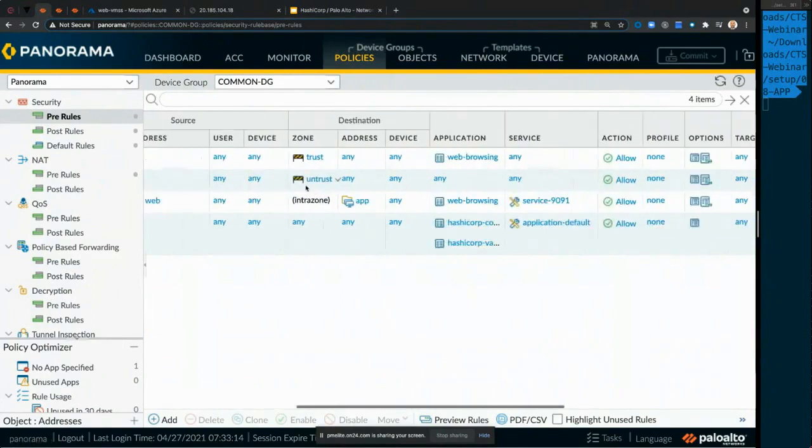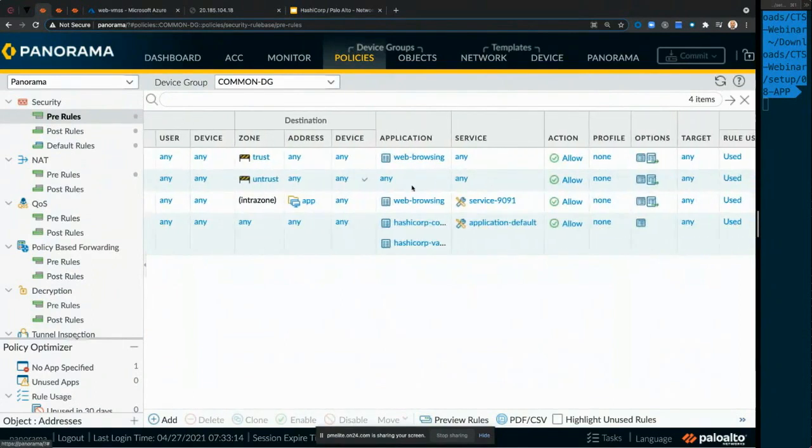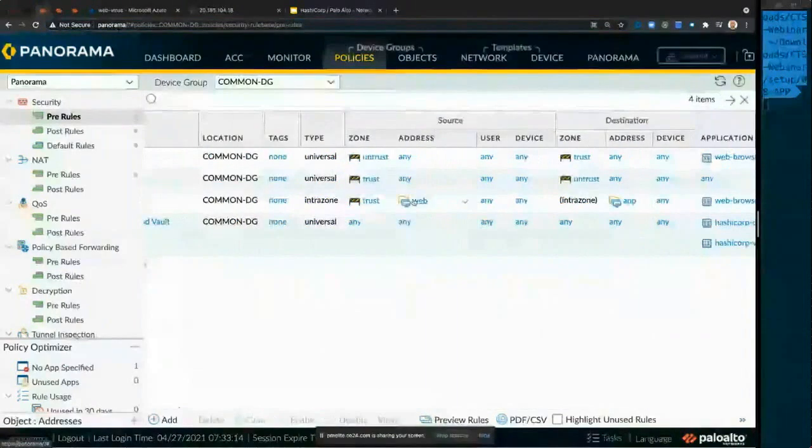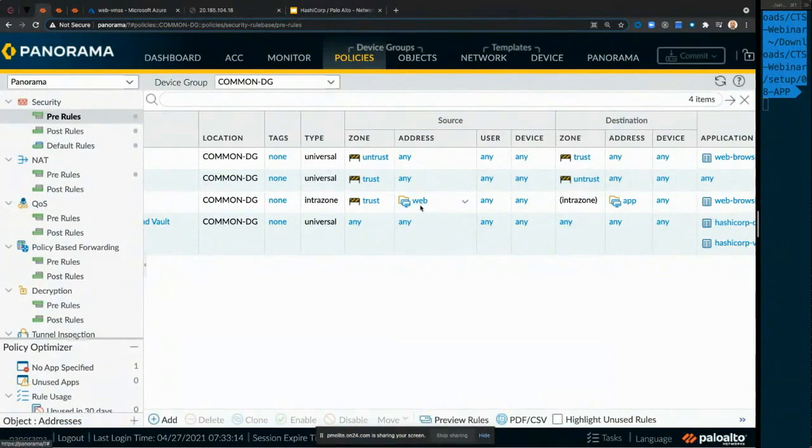And outbound traffic is pretty much the same. Right now, we have a pretty wide open rule. We can slightly change this during the demo and demonstrate how powerful these rules can be. And for east-west traffic, you would notice we only allow traffic from web to app server, not the other way around. So you can see that we leverage those dynamic address groups. The addresses belong to these destinations. These are dynamically changed, right? So as the servers come up and down, the source gets changed as well.